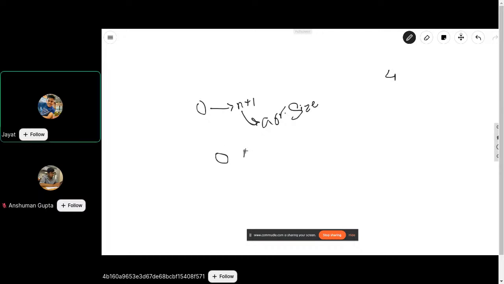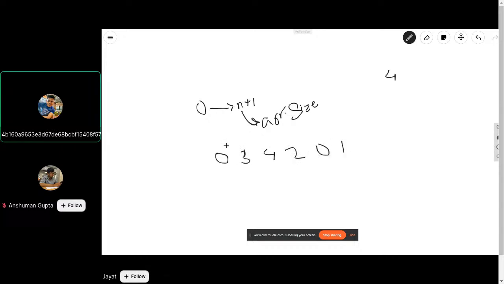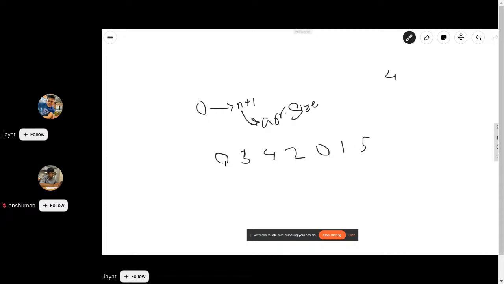Like take like this, 0 3 4 2 0 1। तो in this array we have the elements from 0 to n+1। n+1 के लिए इधर 5 देना पड़ेगा। ओके, 0 2 1 2 3 4 5 6 7 और इधर हो गया 4। नहीं नहीं ठीक है, सॉरी, 1 2 3 4 5।